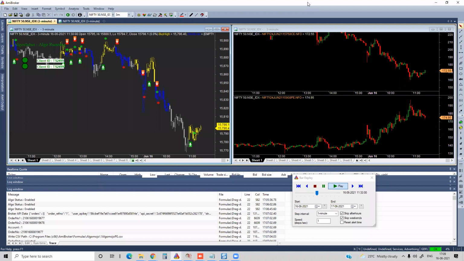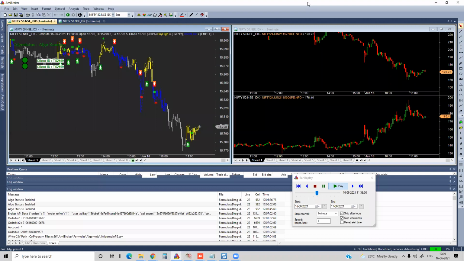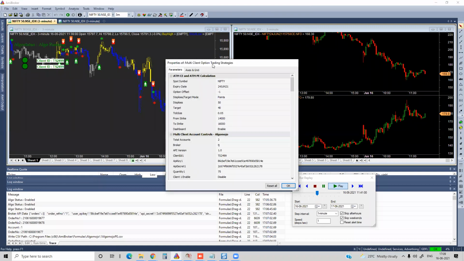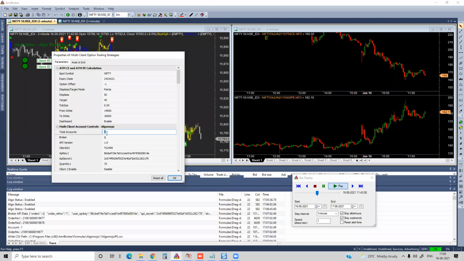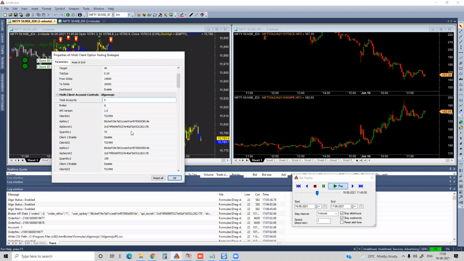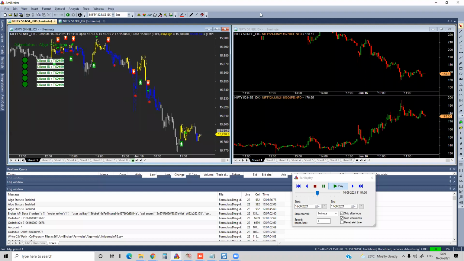So it depends what kind of strategy you want, whether you want to punch orders in multiple accounts. Tomorrow, if I want to send orders to, let's say, 5 accounts, I'll go and change the value to 5. I enter the API key and API secret key of all the 5 accounts and press OK. Now all the 5 accounts will be running automatically, which is also possible.